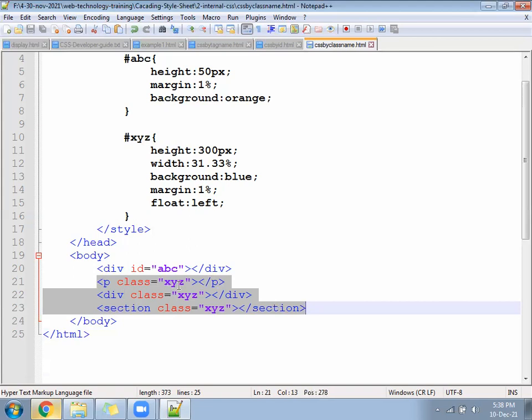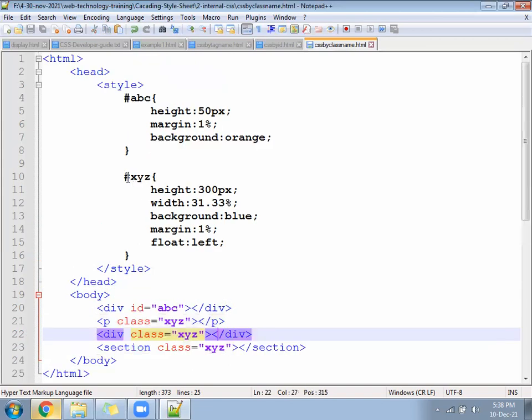Hope you have written class. Come here. Instead of hash, put a dot. Using hash, you can create the ID, and using dot, you can create the class. This will also give you a similar output.